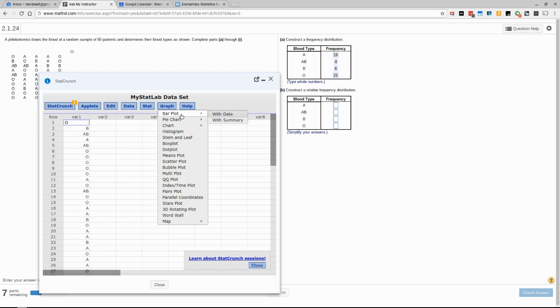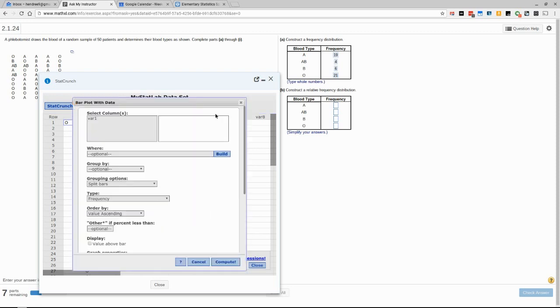So now this is really important here. Do you have the data raw, or do you have it in a summary? Now, this table is actually a summary of the data over here, right? It's a frequency summary of all the data. We just have the raw data. That's the kind of thing that you would do if you just went out and recorded and collected the data. So with data,